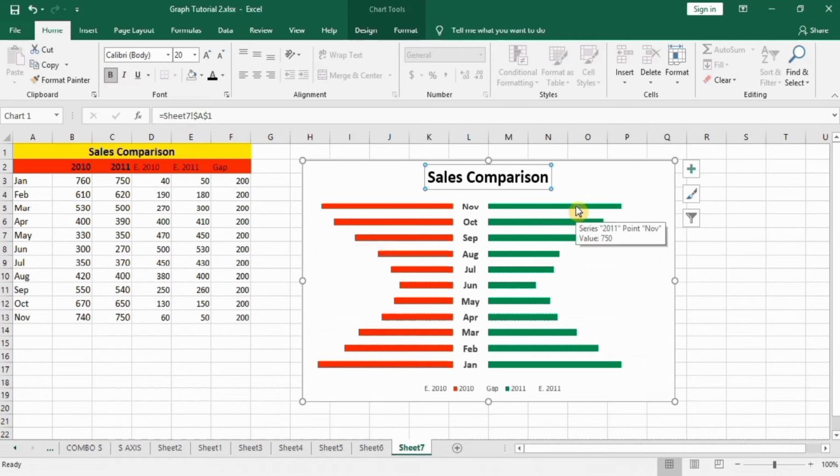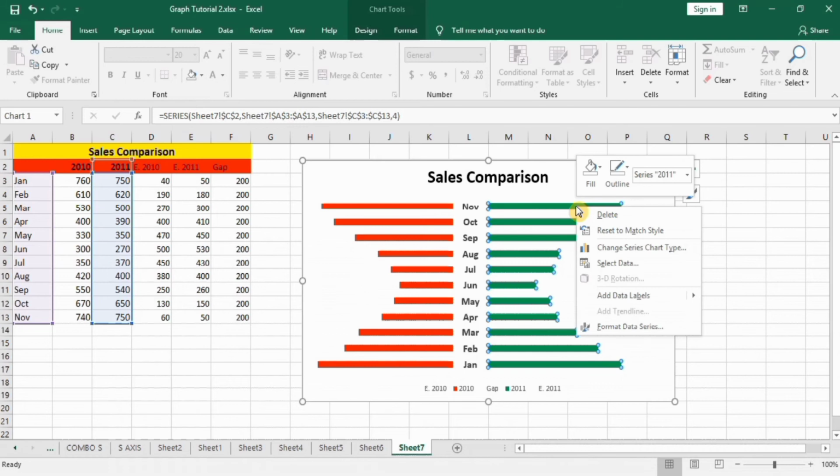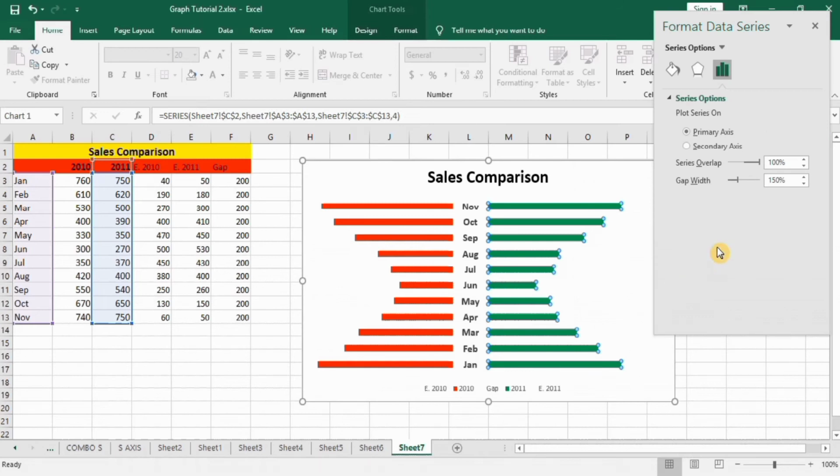Now we will format this one. Select these bars, right click and go to format data series. Gap width is currently 150. I will change it to 80.